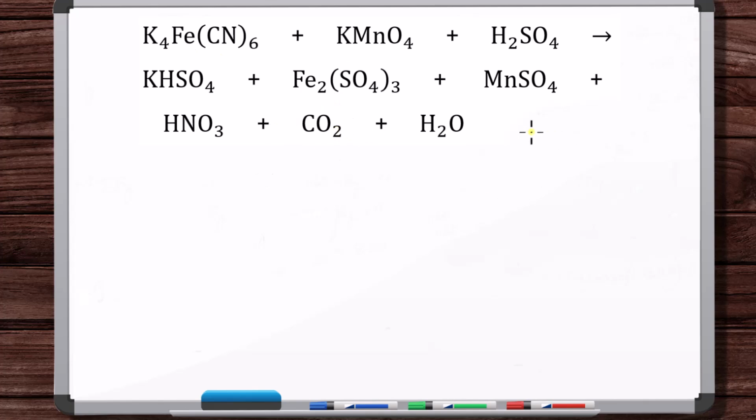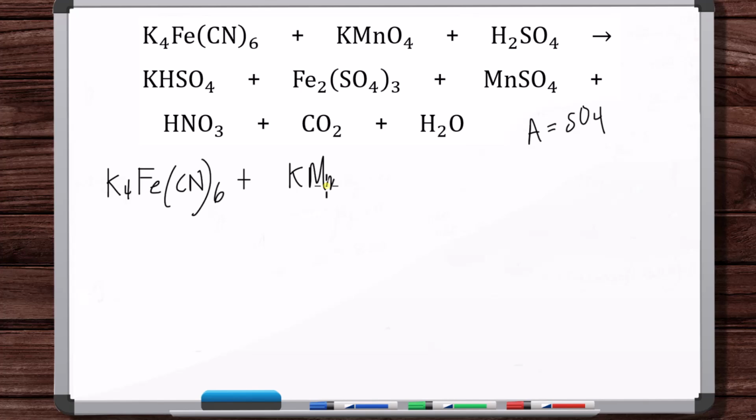So, okay, if we say that A is equal to SO4, and it looks like that's all we can substitute for, then we've got K4, then K, let's see, KH, all right, plus